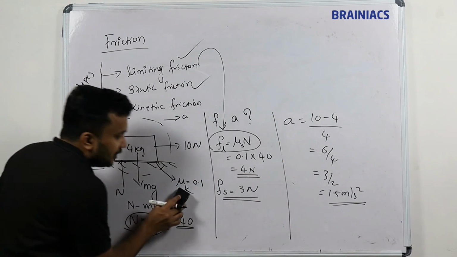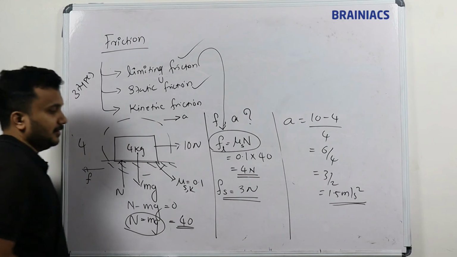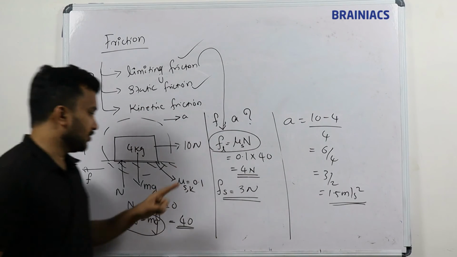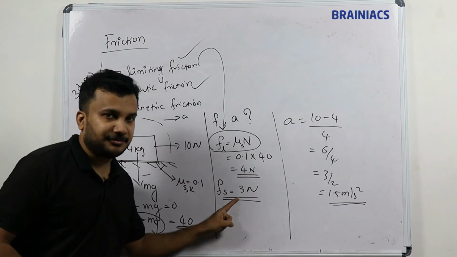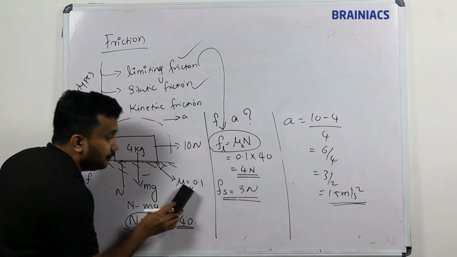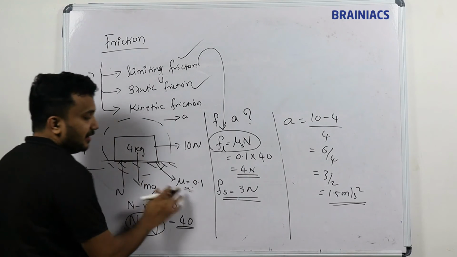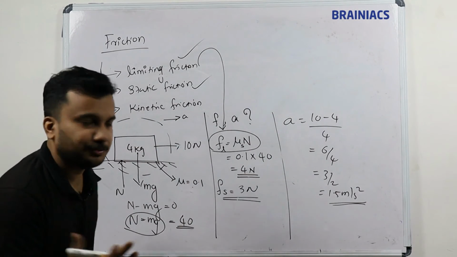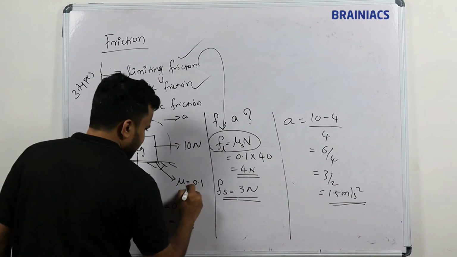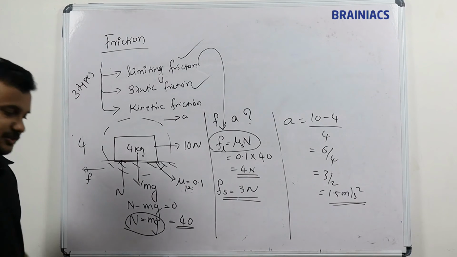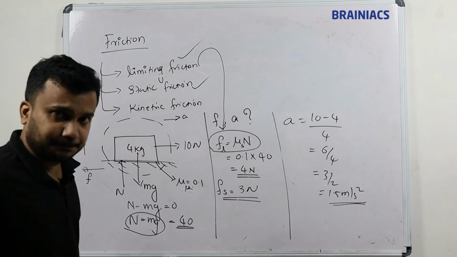If the question is not specifying, it may specify two things, mu s or mu k. From mu s I can find out the limiting friction. After I get the limiting friction, I can decide the value of Fs. But how should I know whether it is mu k? With mu k, first I will blindly take it and see whether the block is possible to move. If the block is possible to move with a certain amount of acceleration, then I will say, this is not static, this is purely kinetic friction. It is possible to move and it is possible to decide.